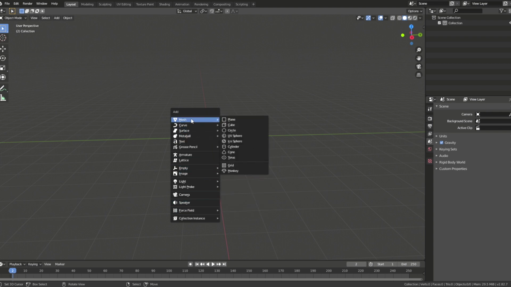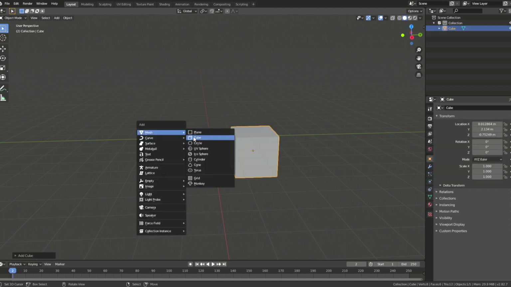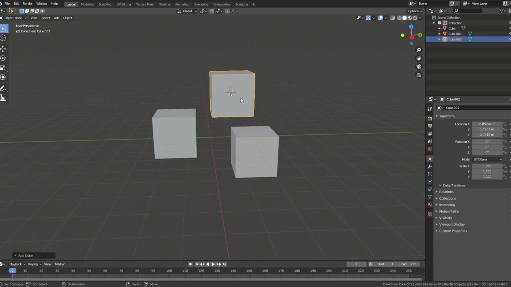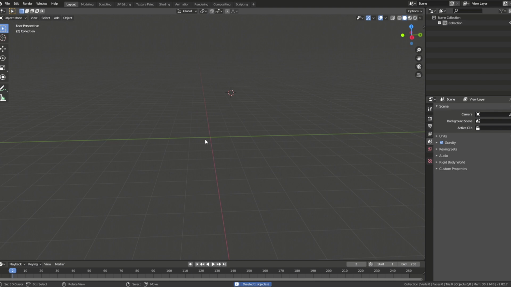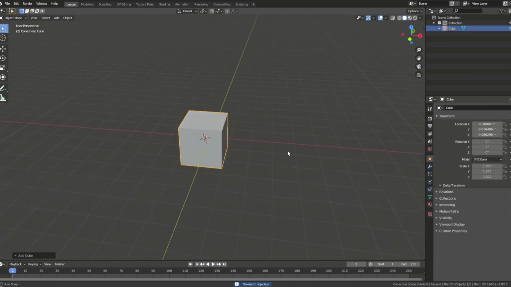So let's just start off. Let's add a cube. Just add as many as you want, delete some, do whatever you want with them, just get used to the buttons, because you'll be doing it quite a lot. And that's how to add and delete objects. So now let's move on to,